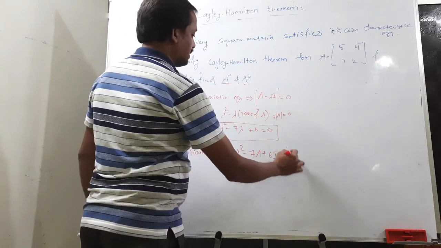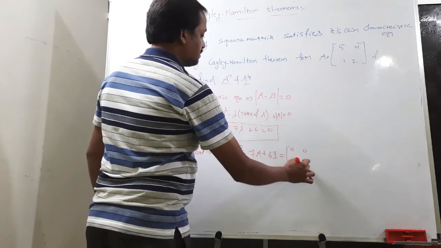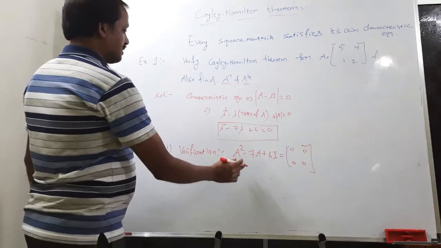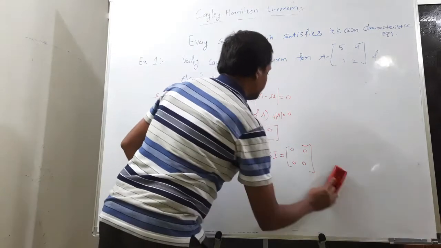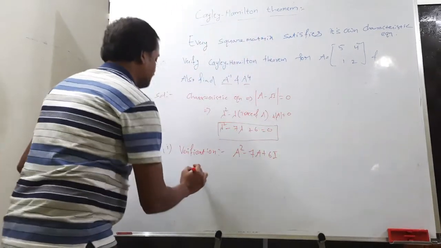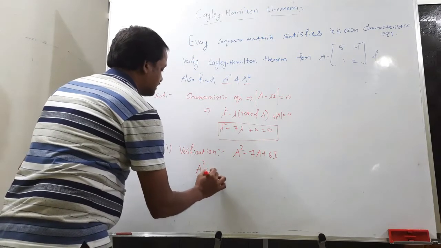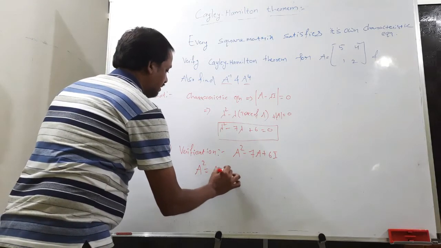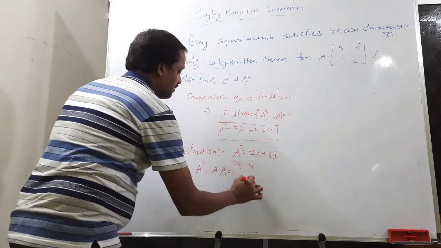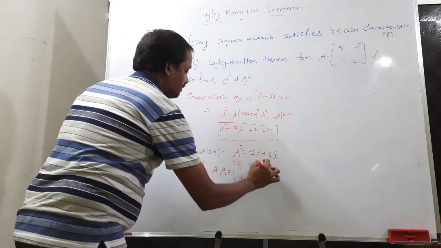We need to show that this will give you 0 0 0. So for this we need to consider A square. What do you mean by A square? The matrix A square is A into A multiplication. So 5 4 1 2, again 5 4 1 2